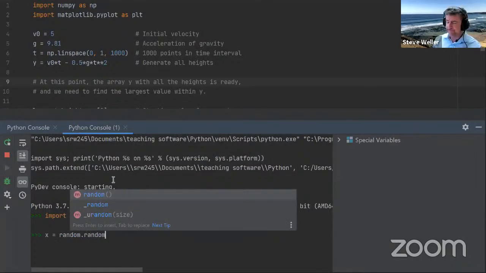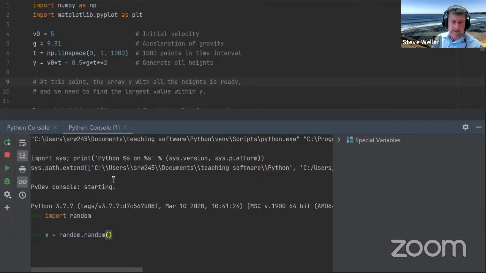X equals random. A couple of interesting things about this line that I'm going to highlight in blue. One is that random looks a bit strange. That's the random function inside the random module. So we use the dot to separate the two. It's like having a file inside a directory. Random module, random function inside it. The other one is that the random function generates a number between 0 and 1, equally distributed through that range. Even though no parameters are passed in, it's still necessary to use the empty parentheses here.